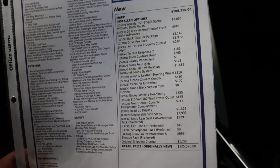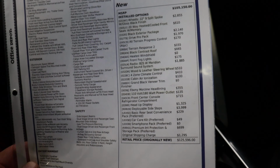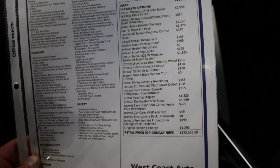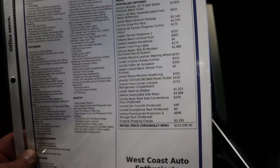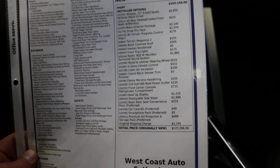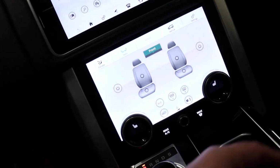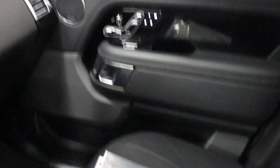You have Drive Pro, all-terrain response, Terrain Response 2, black contour roof, heated windshield, front fog lights, Meridian sound for $2,000, heads-up display, deployable side steps for $4,000, if you can believe that. So basically $126,000. Super good build. There's not a mark anywhere on the exterior. There's the passenger side door, passenger side seat,